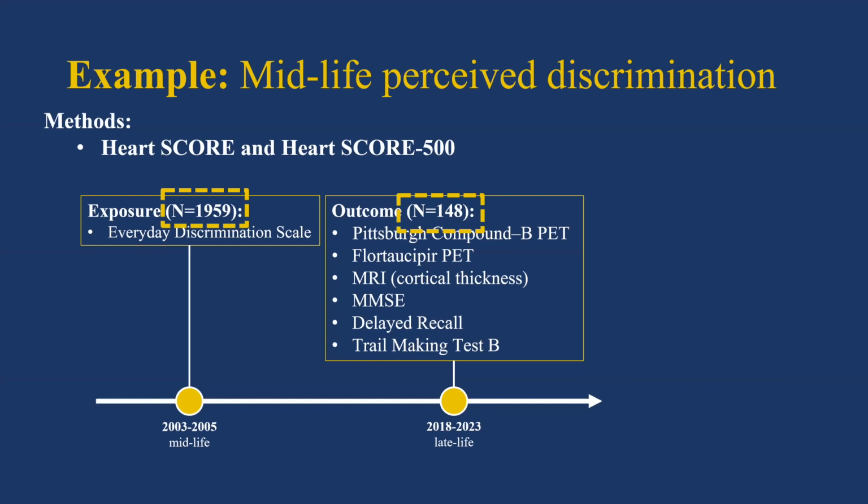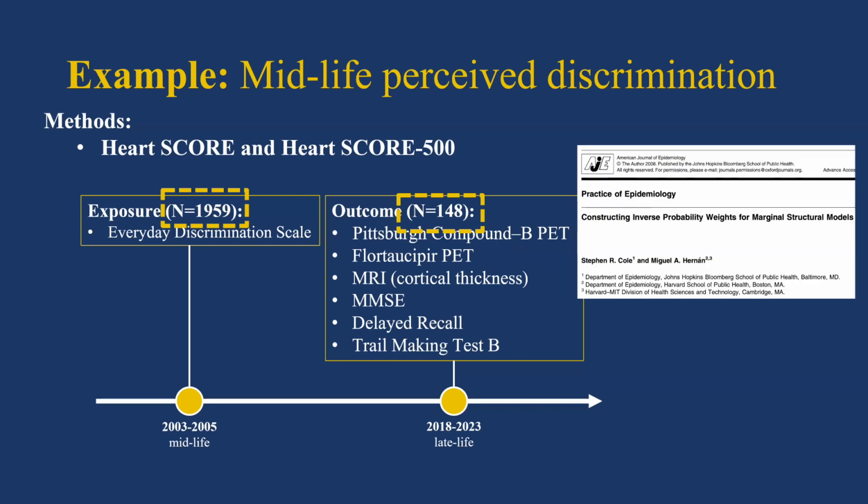We also wanted to be mindful of how selection into the late life study could affect results. So to address this, we implemented inverse probability weighting, which is a method that effectively assumes that we can remove or lessen selection bias by analytically accounting for the probability that a participant will remain in the study based on